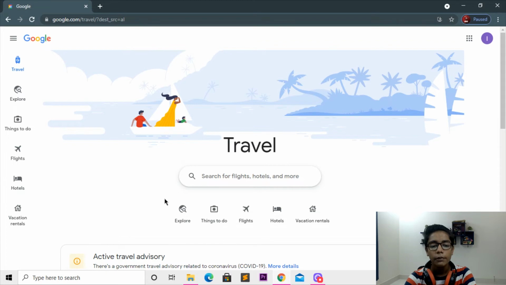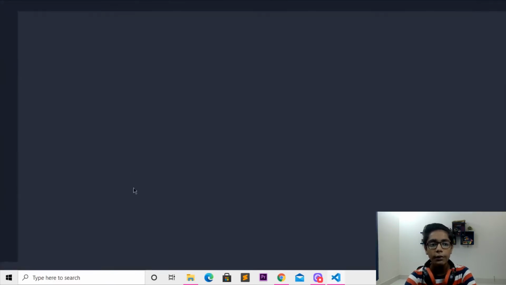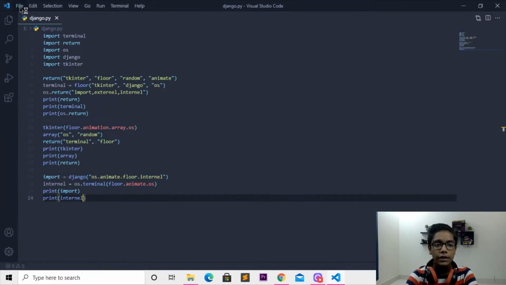But now we have to open our VS Code, in which we'll be writing code and making this Google Travel here. So I'll be opening my VS Code, or you can say Visual Studio Code, which is the full form of that. You can see I've just opened my VS Code here. I'll be closing this menu here, and now when you're done with that,